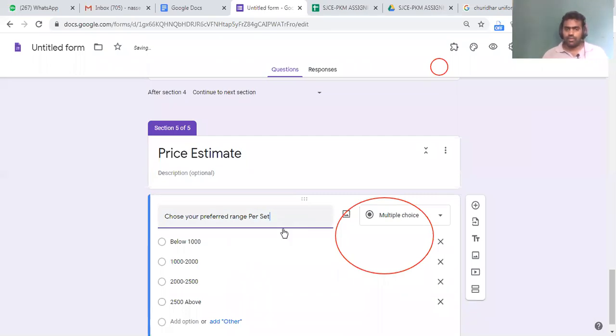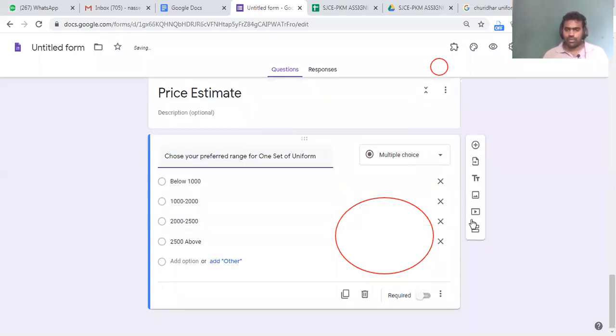Okay, one set, not per 4. One set of one pair or something like that.